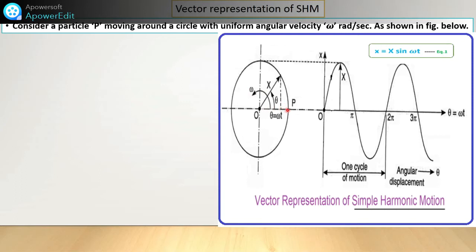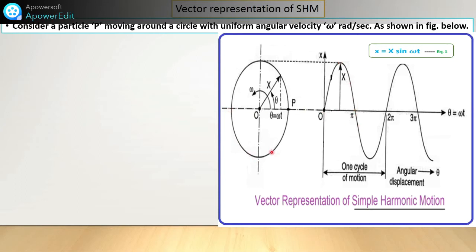from the starting position. So see friend, here this circle will move from this point to this point, 90 degrees, up to this point pi. So it is shown here pi, 2 pi, 3 pi. Like this it will move the complete circular motion. So from this point to this point it will move. It will be represented like this.